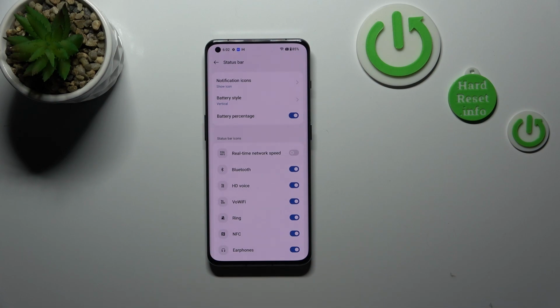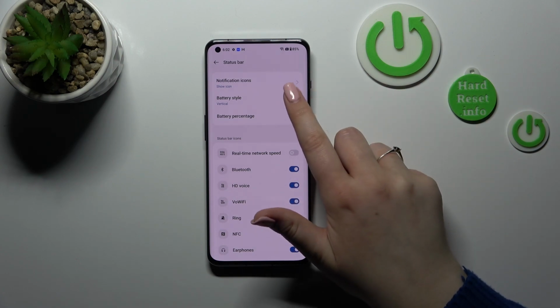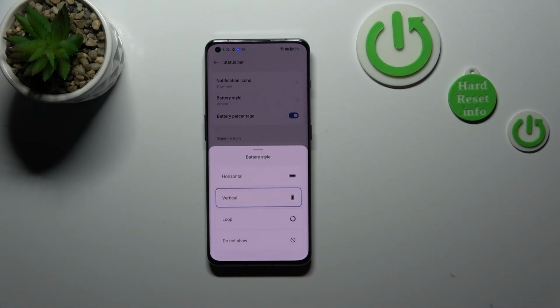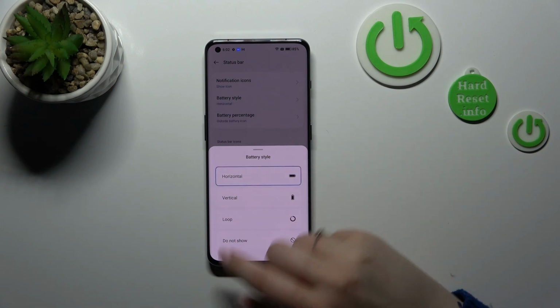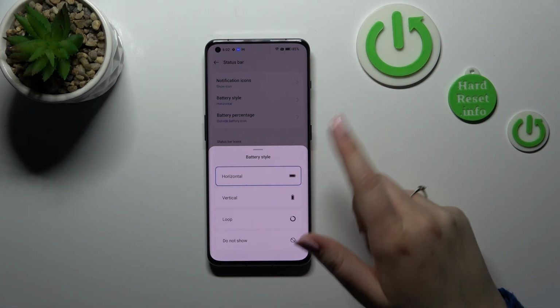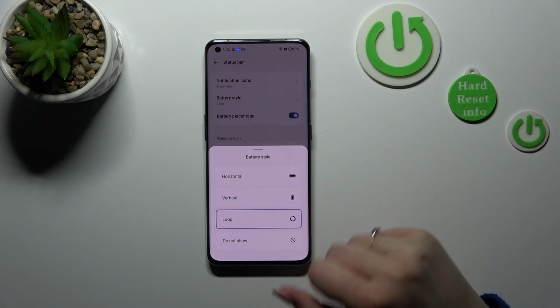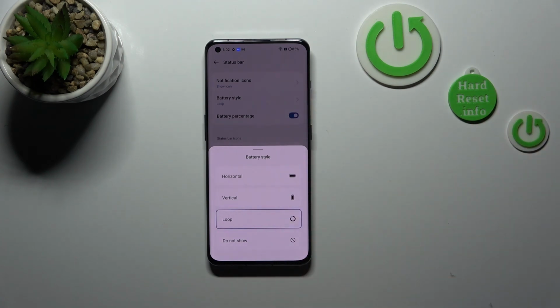So basically this is it, but I'd like to check the battery style also, as it is quite cool in this device. So we can tap on it, and here we've got 4 different options. Fortunately, the percentage will appear with all of them, so you can just pick whichever you want to. Let's check. In the horizontal, we've got the percentage. It looks kind of normal, I would say. We've got the loop, which is, personally, I think it is a cool option, and we can do not show,